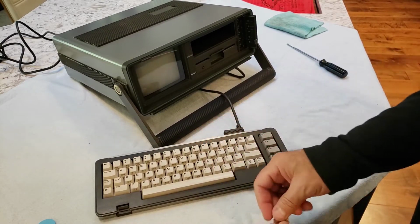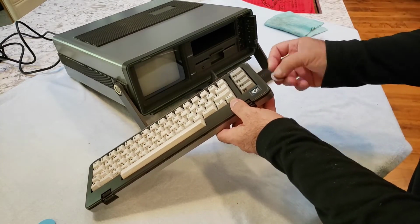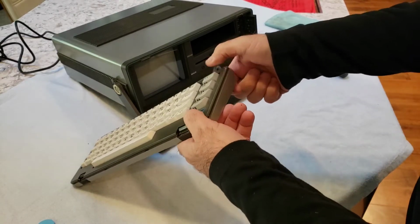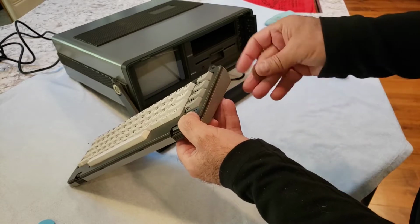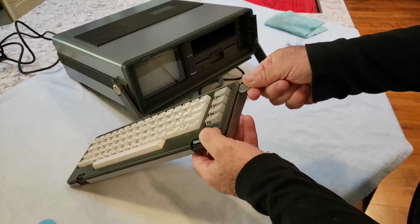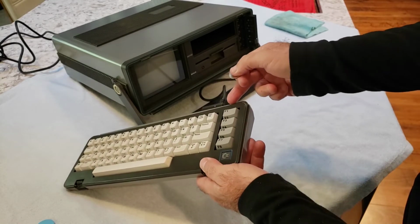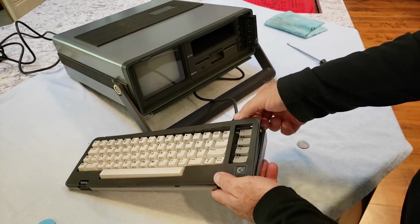To take the faceplate off, I slide the quarter, there's a little gap between the case, there we go, now it's clicked into place. Between the case and the faceplate, there's a little gap there. The quarter fits perfectly in that gap. And if you put the quarter in and twist it, you hear that? It unclicks the faceplate